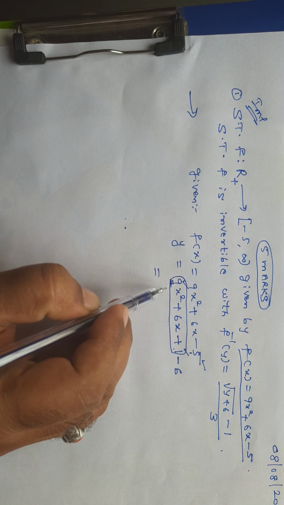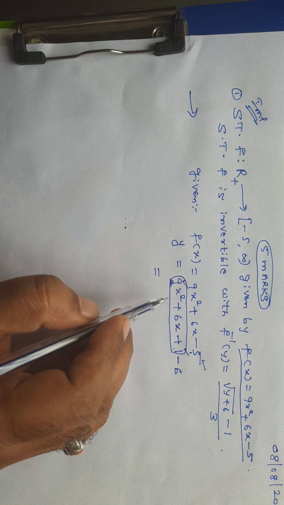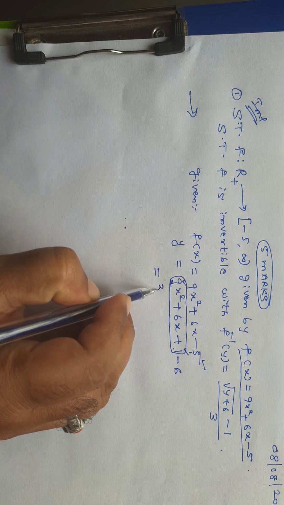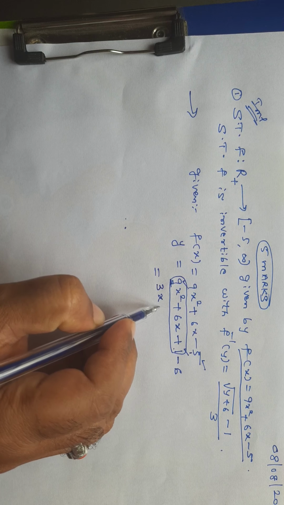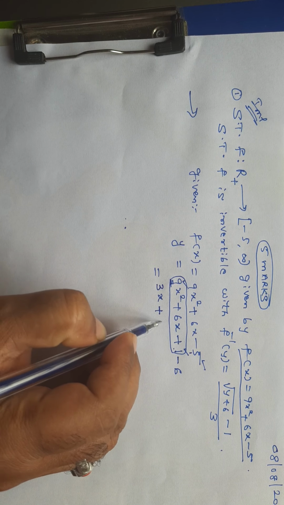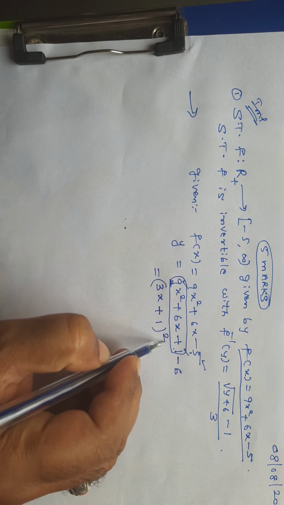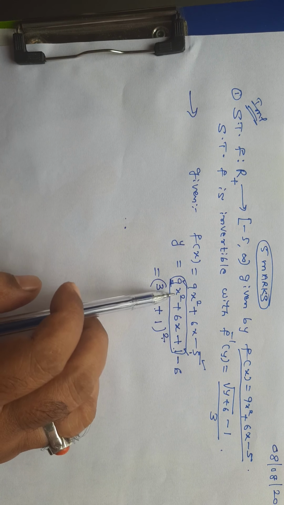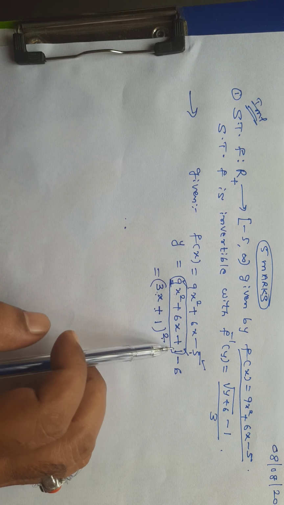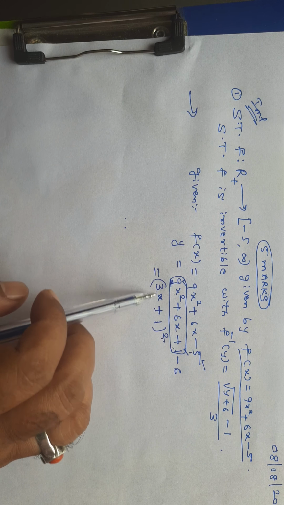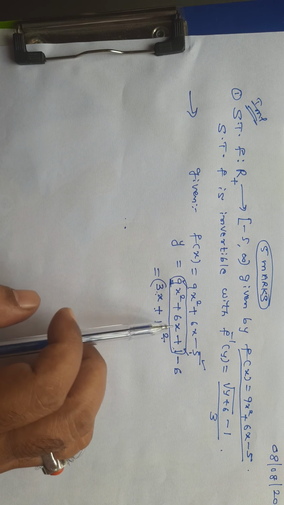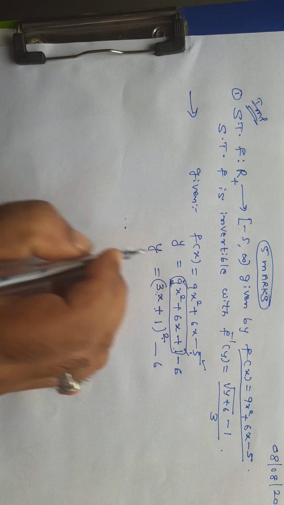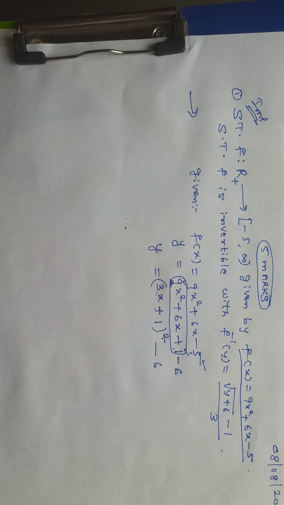So I can write this in the form of a plus b whole square. Square root of 9 is 3 and square root of 1 is 1, so 3x plus 1 whole square. See here, a plus b whole square gives a square, that is 9x square, plus b square, that is 1, and 2 into 3 into 1 is 6x. So it covers all these three terms. So minus 6 as it is. So I write y on the left hand side.